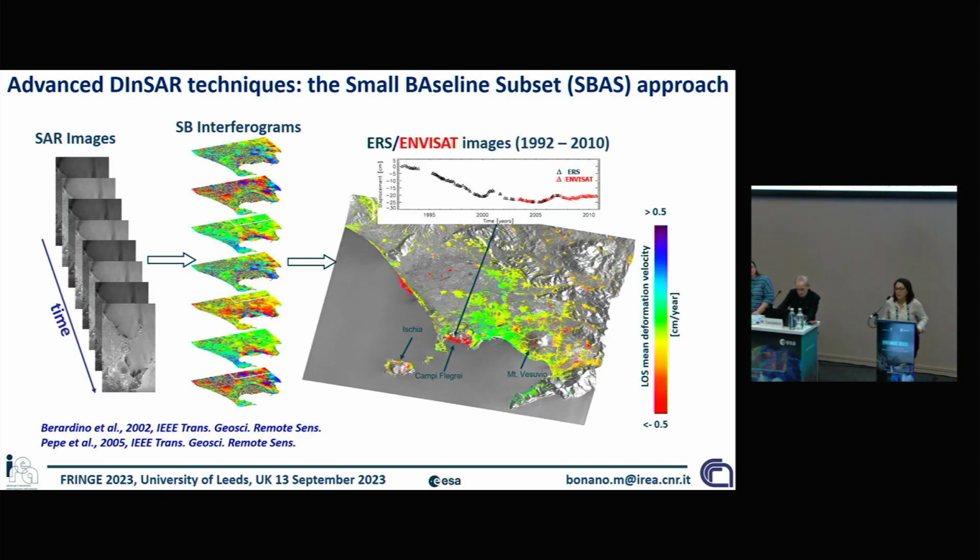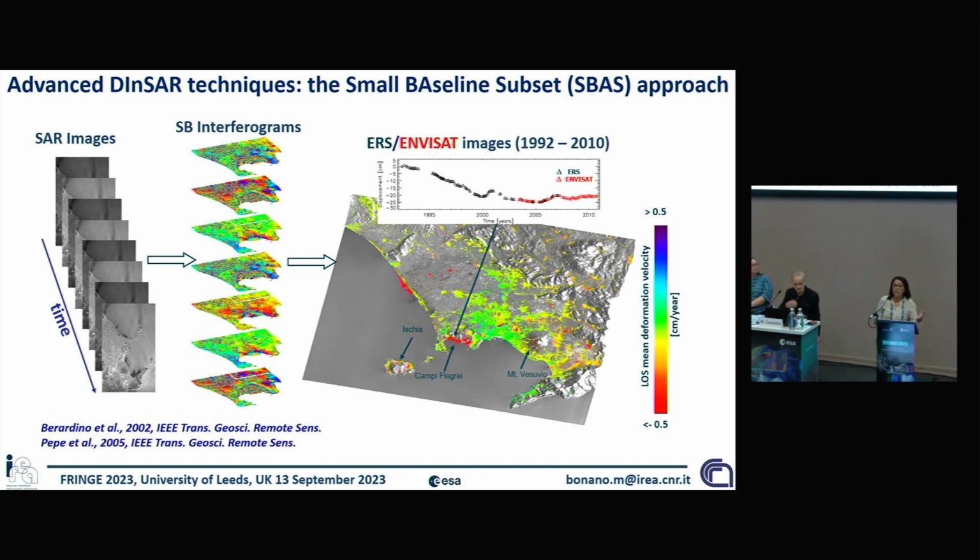There is no time to talk about, and no reason to talk about, the advanced DInSAR technique called small baseline subset, because I'm pretty sure that you know the capabilities that are well demonstrated over the last 20 years for this very important DInSAR approach for detecting deformation relevant to both natural and anthropic hazard scenarios. Basically, we start from a large stack of SAR images that are properly combined in order to generate